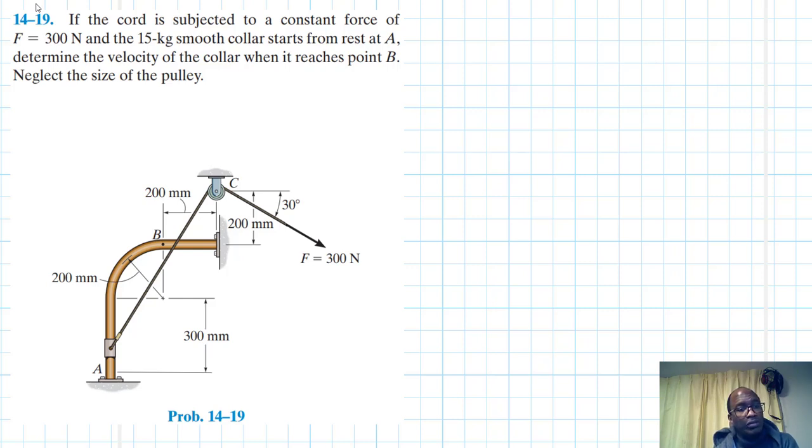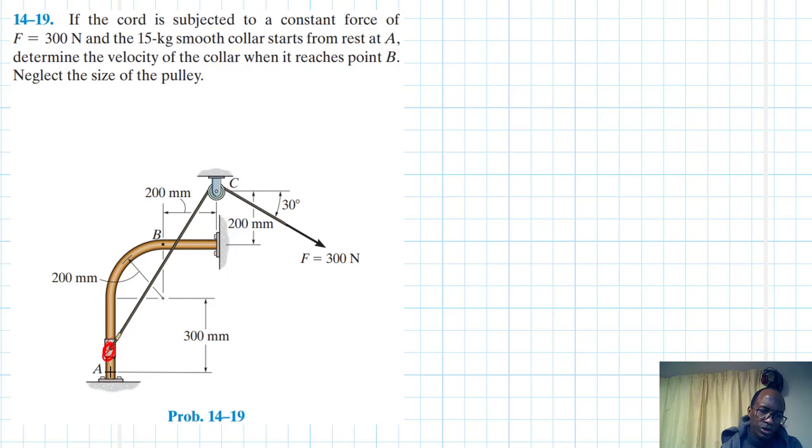The problem reads: if the cord is subjected to a constant force of F equal to 300 newtons and the 15 kg smooth collar starts from rest at A, determine the velocity of the collar when it reaches point B. Neglect the size of the pulley. This problem is coming from Engineering Mechanics and Dynamics, 14th edition by R.C. Hibbeler. So we have a pulley here